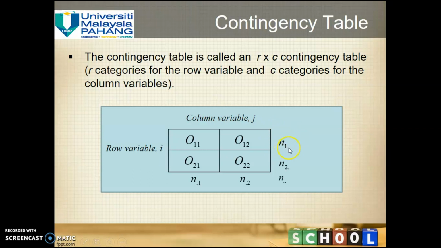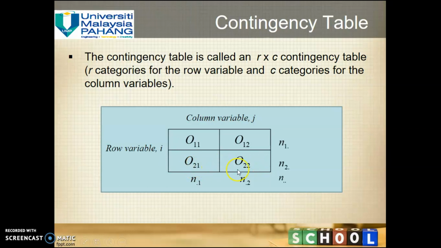So N1 dot is the summation of the first row, O11 plus O12. I think it will be clearer when we go to the exercise later. N2 dot is the summation of the second row,